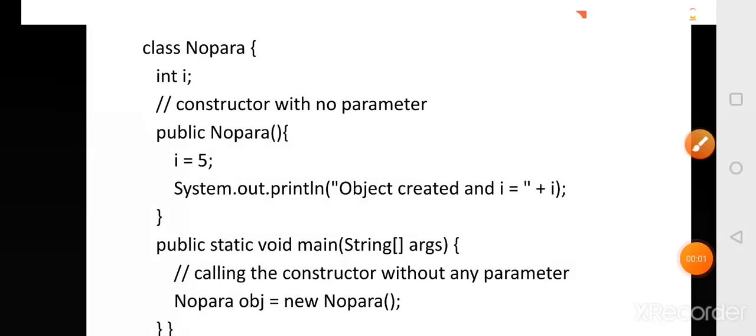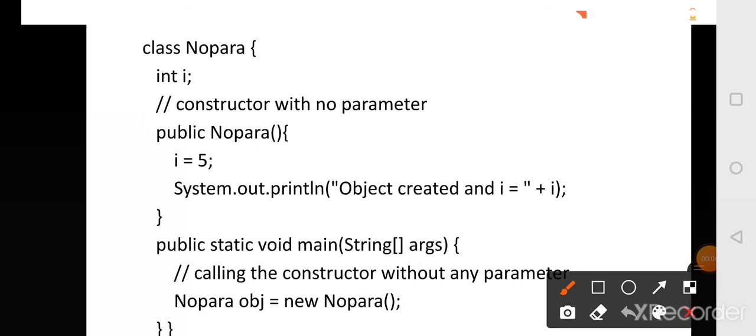Let us understand no parameter constructor with an example program. In this program, I have defined a class called no parameter, that is NoPara. Within this class, I have declared a variable called i, and I am initializing this variable i with the help of a constructor.